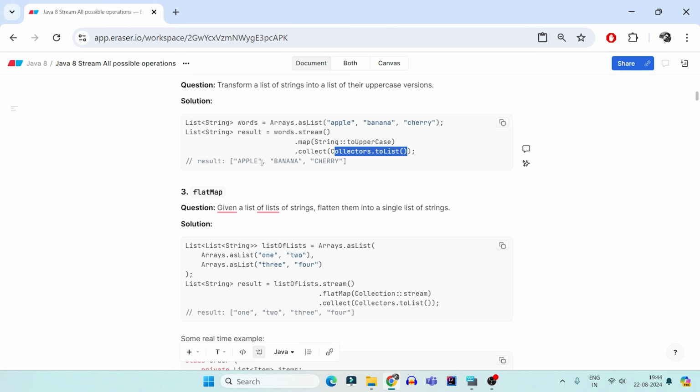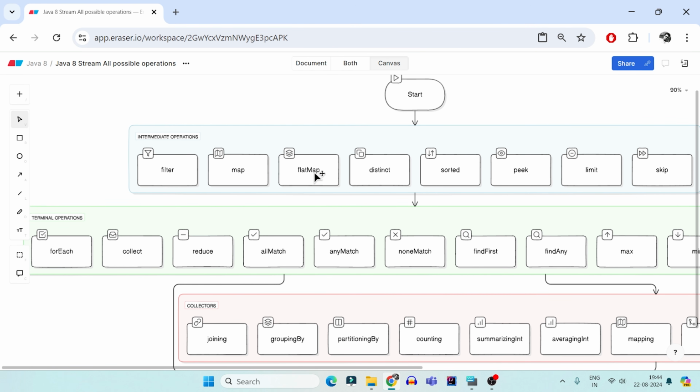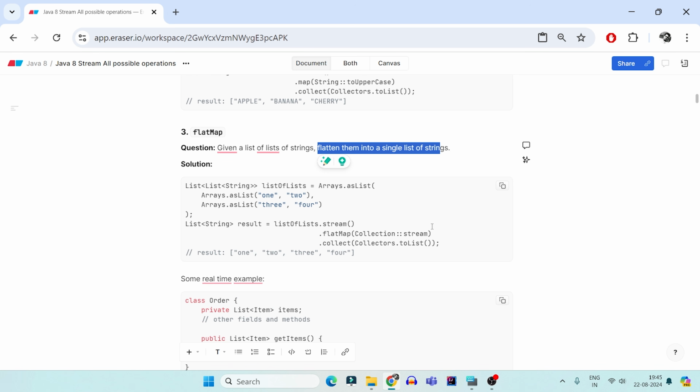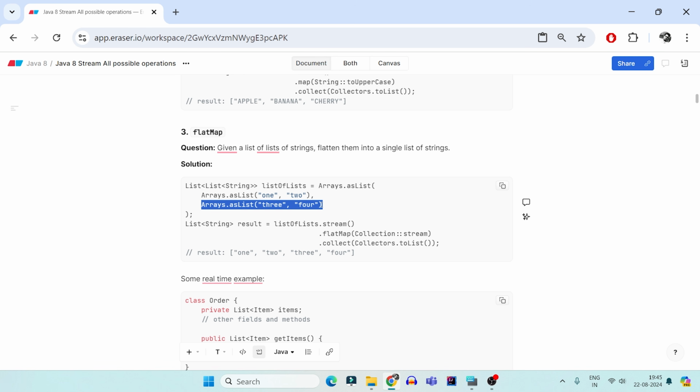The third one, again an intermediate operator, is flatMap. What flatMap will do is, if you have lists of strings, you can flatten them into a single list of strings. Too much theory, let's understand it code wise. If you can see, this is a list of strings. I have Arrays.asList, which will give me a list. Inside it, I have 2 arguments, that is Arrays.asList and Arrays.asList.